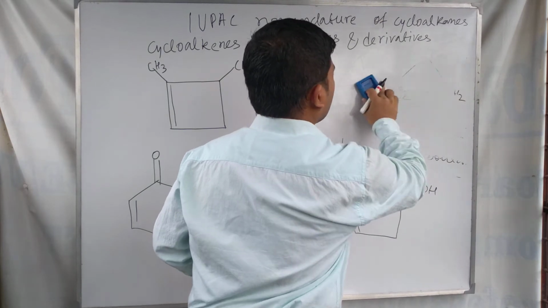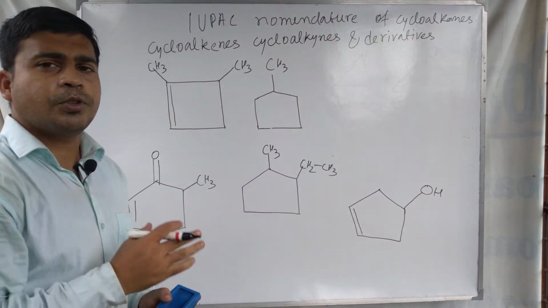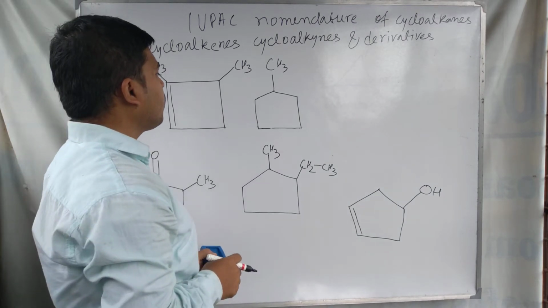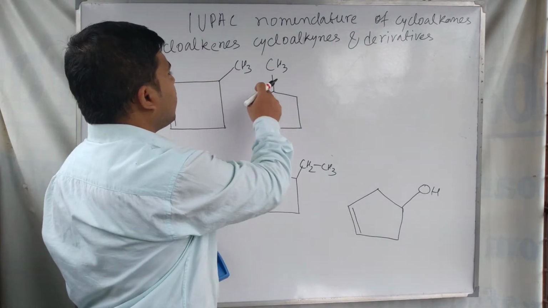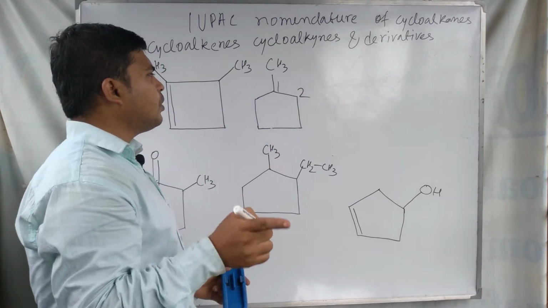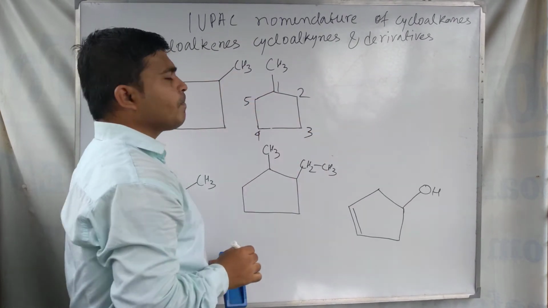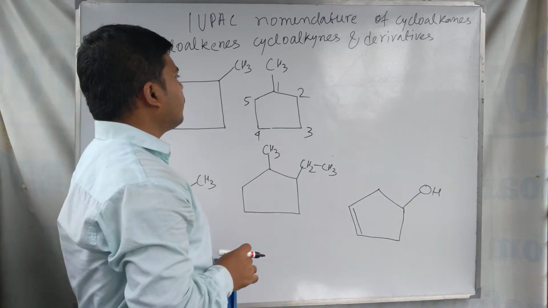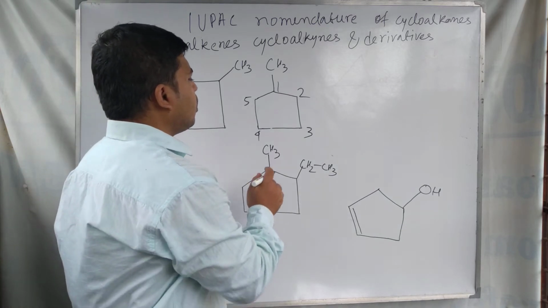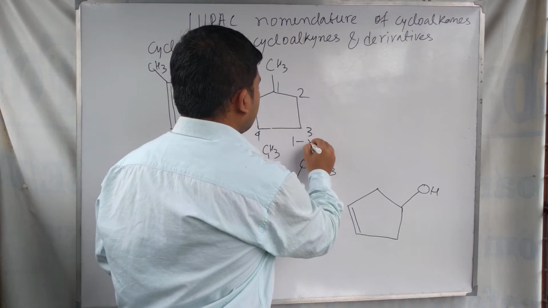After these examples, we see the example of cycloalkanes that have a substituent. This one is a cycloalkane with one substituent, a methyl group. For the nomenclature of this type of compound, we have to number from the substituent side, because the substituent gets the lowest number here. So numbering is like this: 1, 2, 3, 4, 5. One position is occupied by a substituent, and we need to write the name of the substituent at first. So 1 methyl